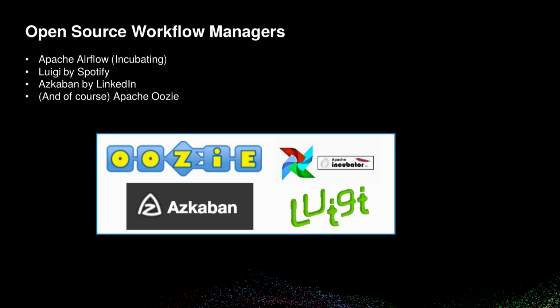So the landscape is now pretty vibrant. We have had Oozie for a long time now, since 2010, 2011. There's Azkaban from LinkedIn, right? It's getting a lot of attention as well. Luigi from Spotify. I'm in New York, so the Spotify community is pretty big in New York, so they do a lot of meetups there. It's getting a lot of attention there. And then there's Apache Airflow, which is really getting a lot of attention now.